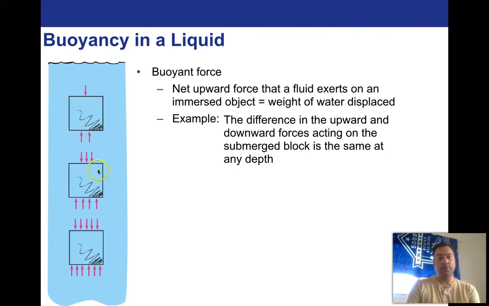But as you sink it down into a fluid column of, say, water, as it goes down, that difference is all that matters, right? The fact it's under greater pressure here and greater pressure here, the difference is only one of these arrows. Notice there's an arrow missing from here, an arrow missing from here, and an arrow missing from here. Whatever that arrow is worth, that's the amount of difference. And that is going to be representative of the upward force that's pushing on the object. So it turns out the buoyancy force is equal no matter where you are in the water column.